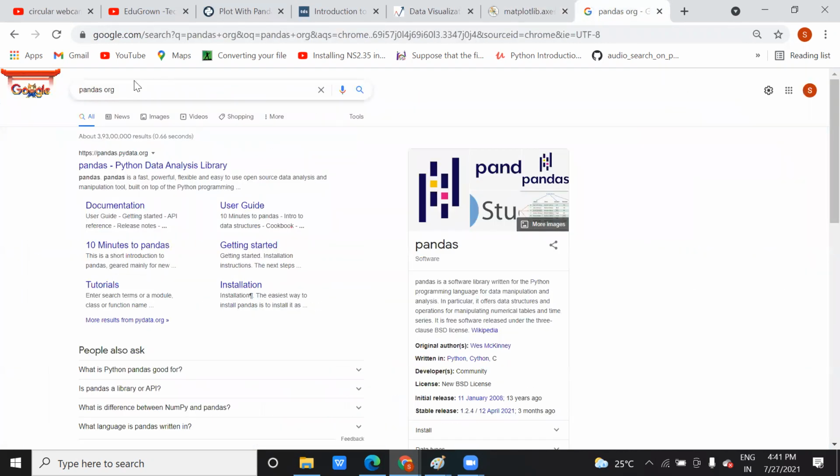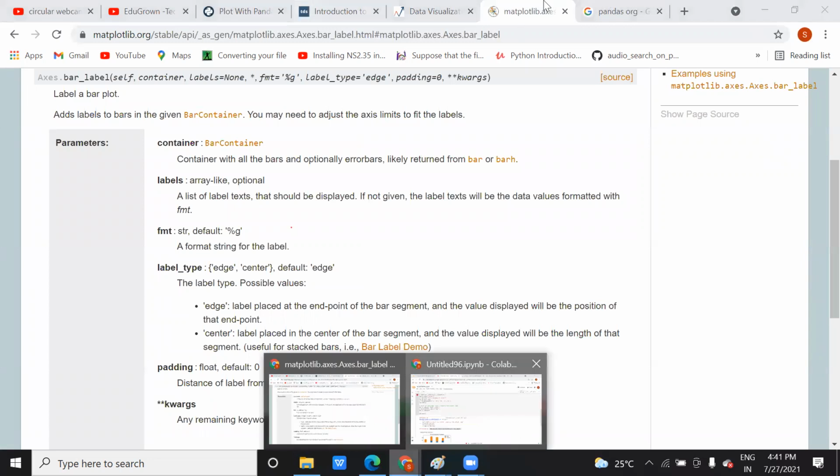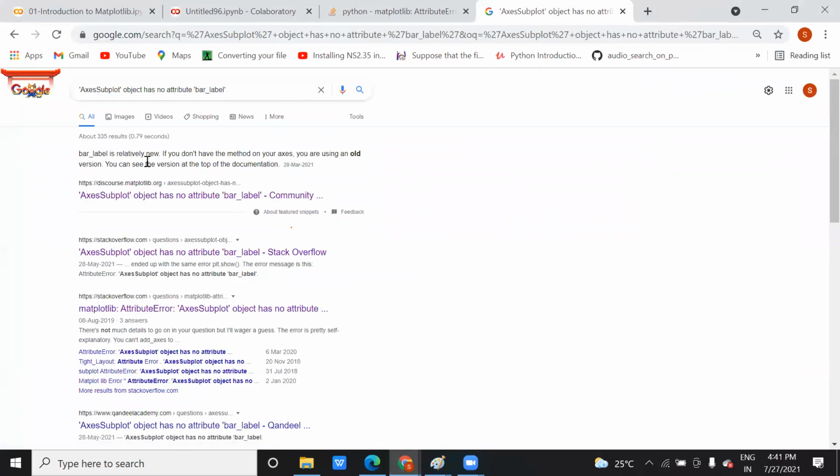Now might be this bar label has changed. Let me check it. Bar label is relatively new, and if you don't have a method on your access, you are using an old version.